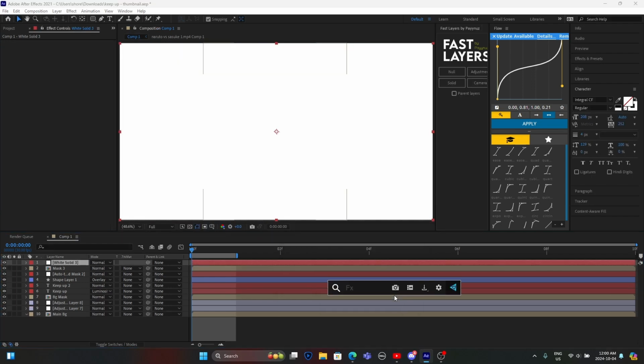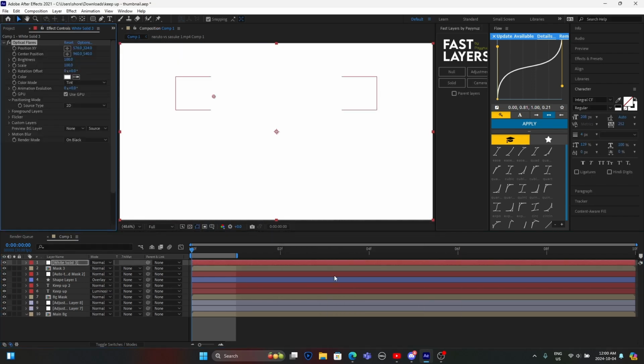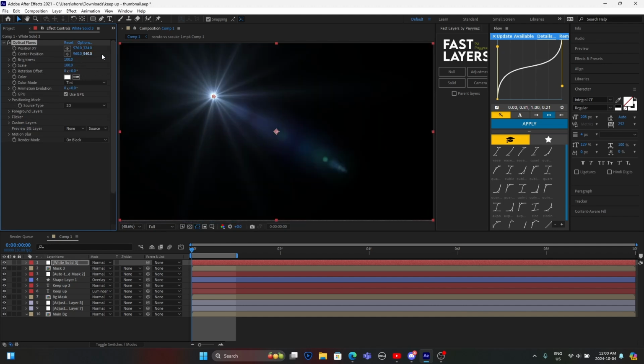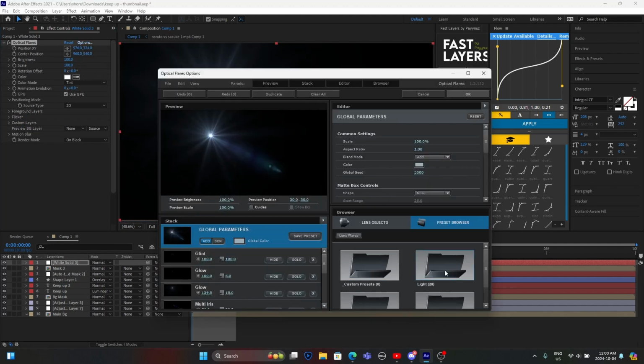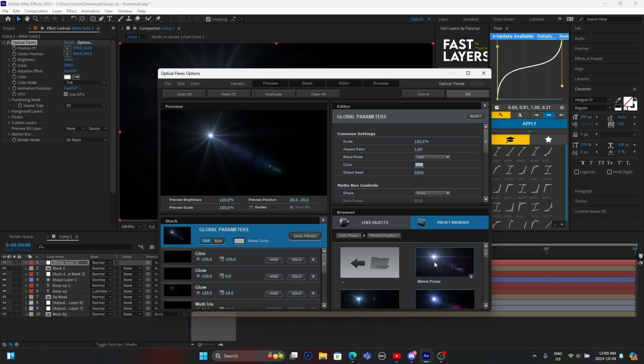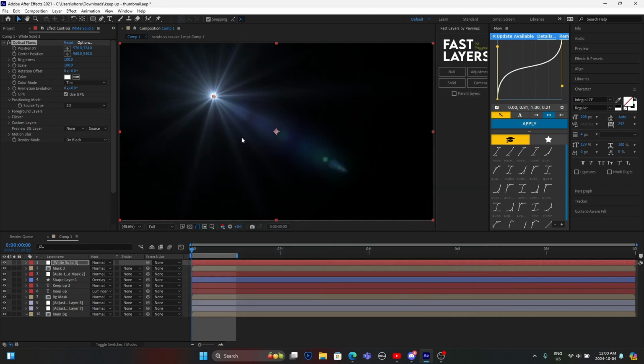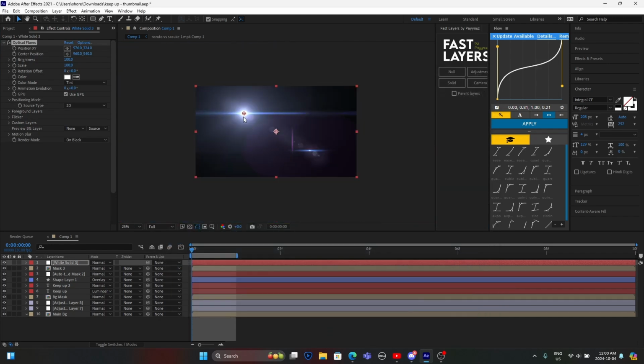So we're gonna add optical flares. If you guys don't have this option, you could also just use the regular optical flares, but I have some presets I'll be using for this. I'm gonna go to light, go to motion graphics, and use the first option here. I'm gonna bring it up here,